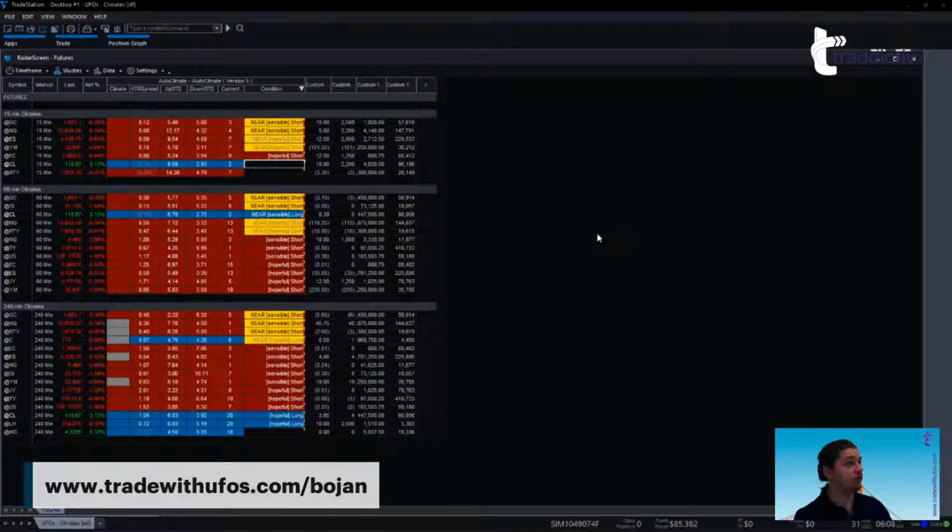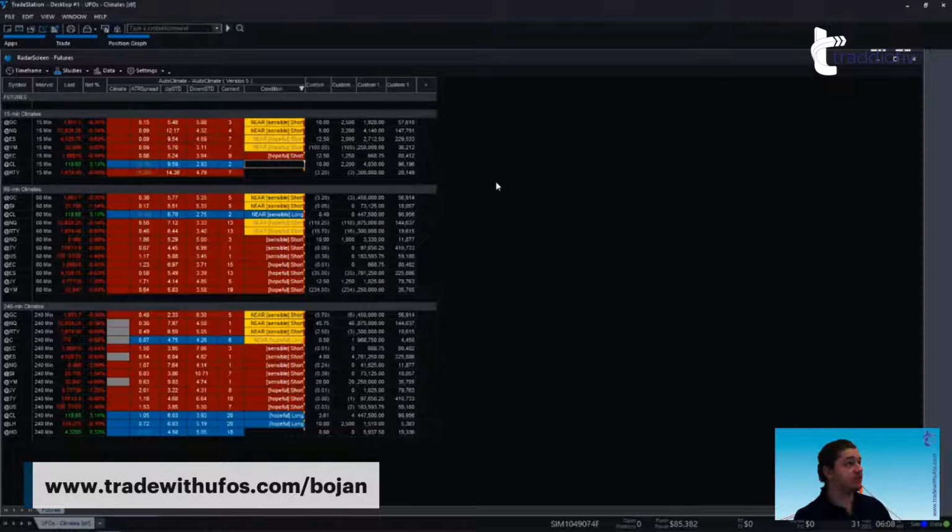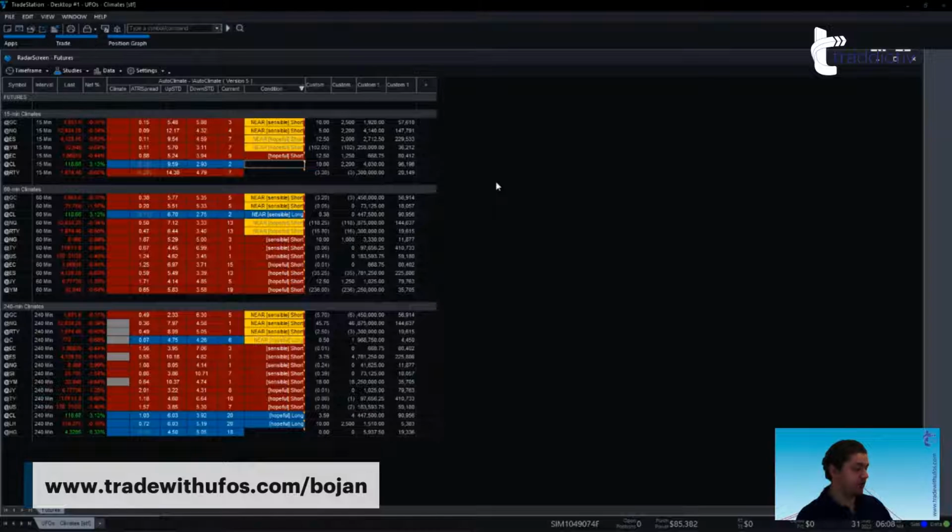So what are we looking for here? We are looking for what's already presented to us right here, which is a confirmed market climate, along with a near sensible short or near sensible long, depending on the color of that climate. This is our climate column. We want to see a color here. We don't want to see the grays, or if we do see the grays and it's about time for the climate to update, then maybe we look out for that just in case it gets confirmed.